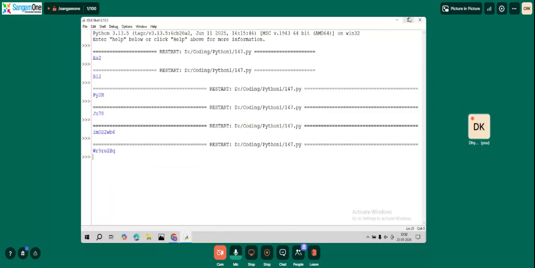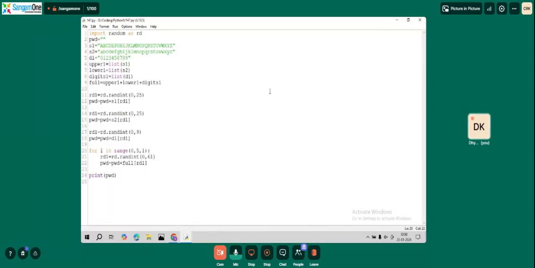Very good. Okay, I can see that the first character is always uppercase. So what we'll do is try to shuffle the PWD. To shuffle, we have to first convert the string to a list. So in line 23, let's call it list 1 is equal to list of PWD. Now let's create two variables, PWD1 and PWD2. Let the original PWD be called PWD1 in line 12, two places,